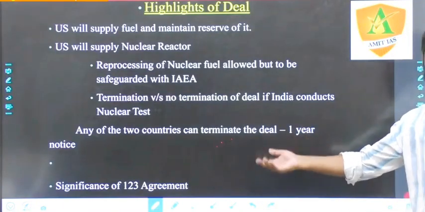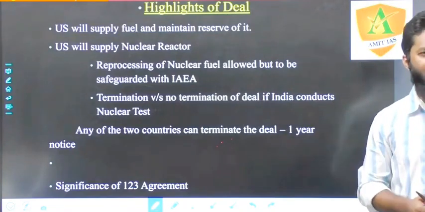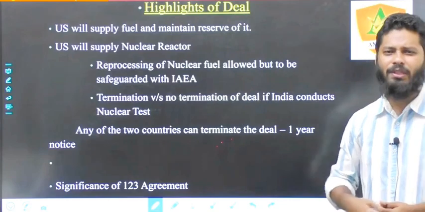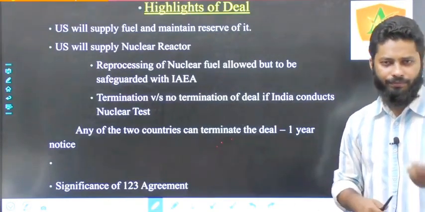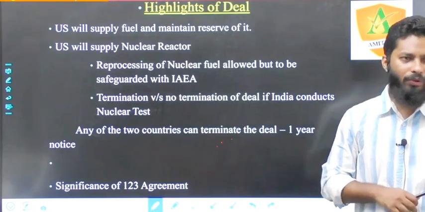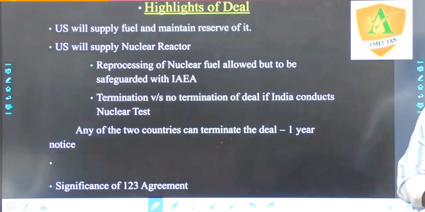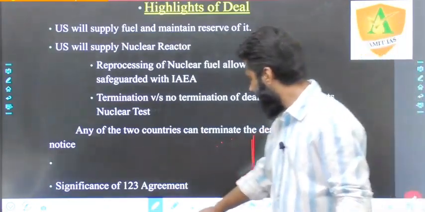है। तो वही समझ रहे हो ना, रिव्यू कर रहे हैं मतलब वो 1 साल के लिए बढ़ जाता है। फिर अगर किसी भी कंट्री को ये डील ख़त्म करनी है, देन दे हैव टू गिव 1 ईयर एडवांस नोटिस। तो इससे भी क्या सर्टेनिटी बनी हुई है ना, एक प्रिडिक्टेबिलिटी है कि आपके पास इतना फ्यूल इंश्योर्ड है, ये डील आपको पता है कि इसके जो भी प्रोविजंस हैं ये 1 साल तक तो चलने वाले हैं, है ना, इस तरह से। अब सिग्निफिकेंस क्या है इस डील का,